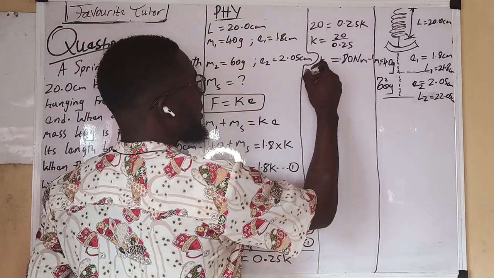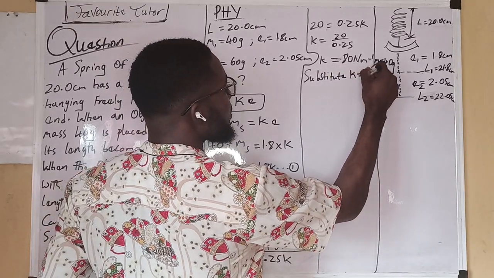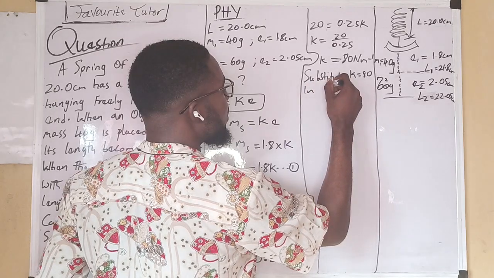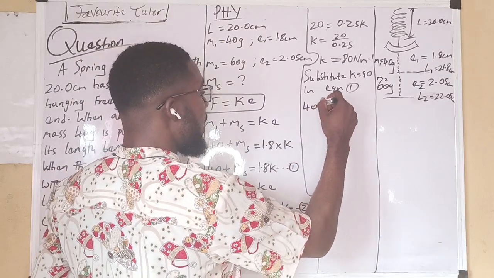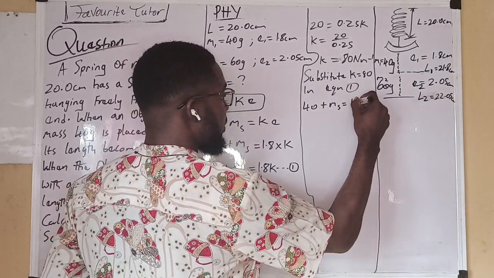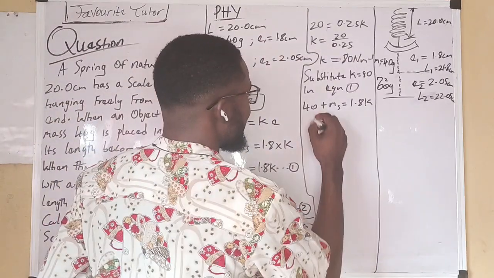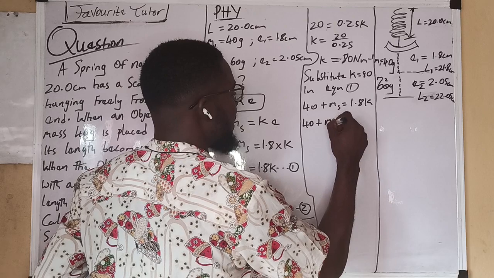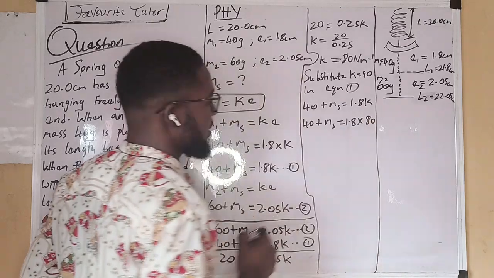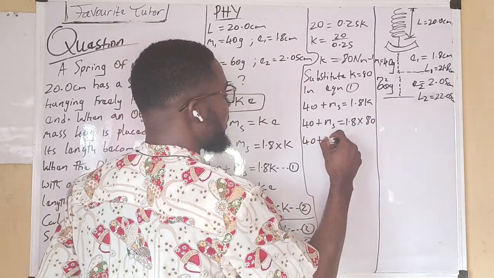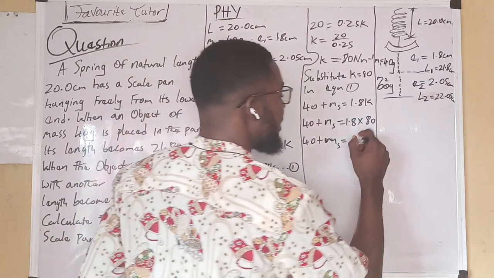So let us substitute into equation 1, with K equals 80. Equation 1 is 40 plus the mass of the scale pan equals 1.8K. So this is 40 plus the mass of the scale pan equals 1.8 times K, which is 80. So 40 plus the mass of the scale pan equals 1.8 times 80, which is going to be